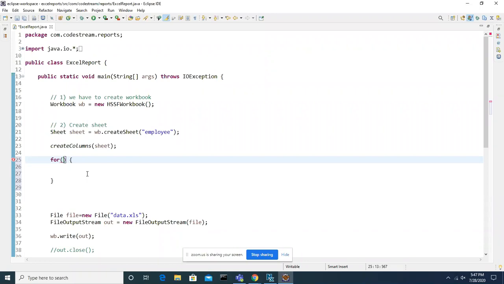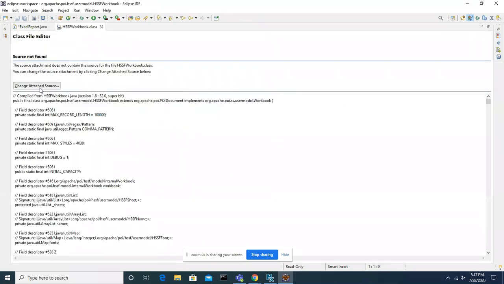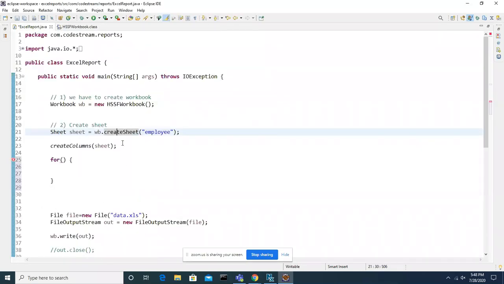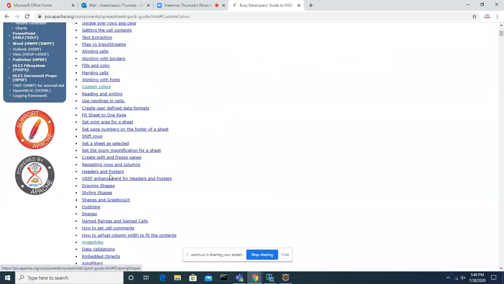Yes, sir. So like this, based on your requirement, by using this for loop or any control structure, these are the common things we will use throughout the programming. But you might feel that if you want to write code on your own to create a sheet, then it's a problem. But you already have predefined classes, which are ready to use. They have also given the documentation on how to use them, with all the examples.